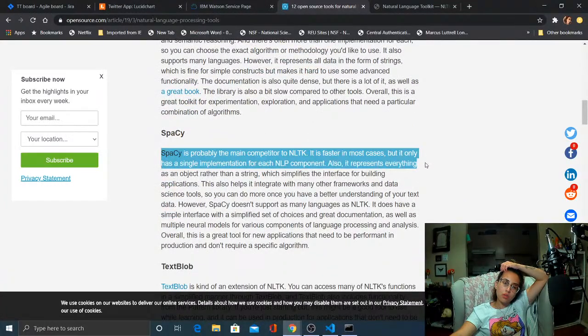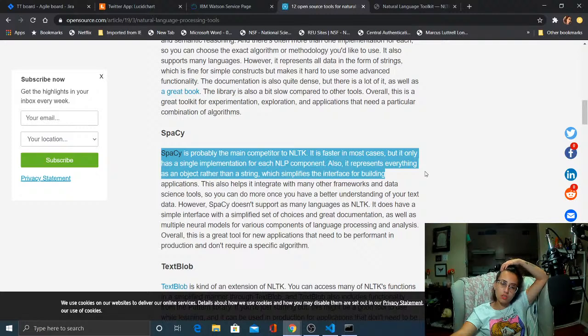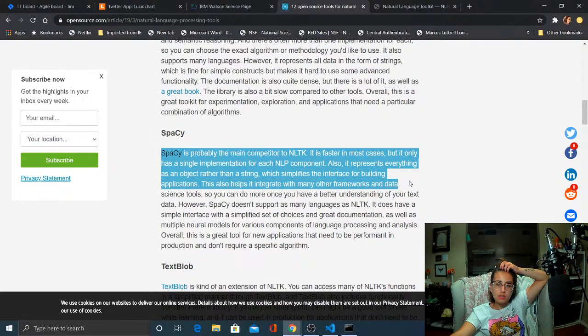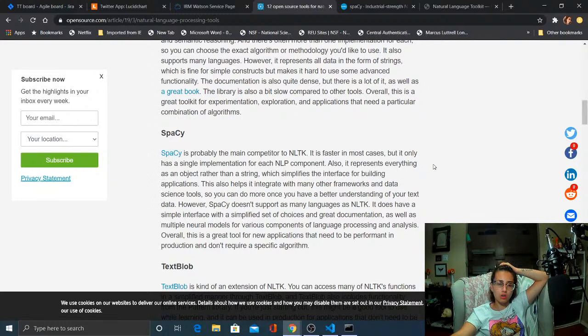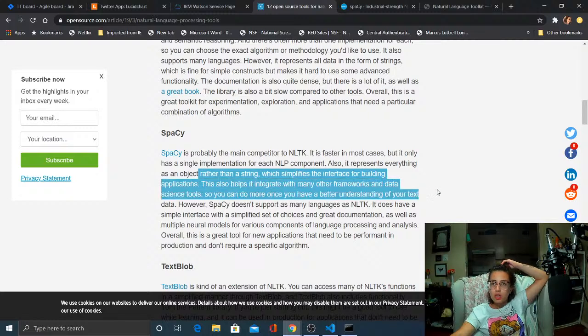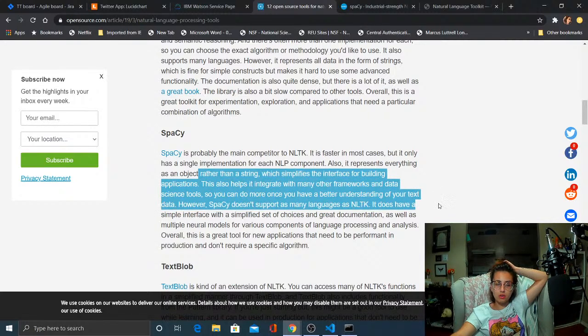Faster in most cases, but it only has a single implementation for each NLP component. It also represents everything as an object rather than a string, which simplifies the interfaces for building applications. That might be nice, because representing it as a string might get a little complicated further into implementation. This also helps integrate with other frameworks' data. Okay, so you can use